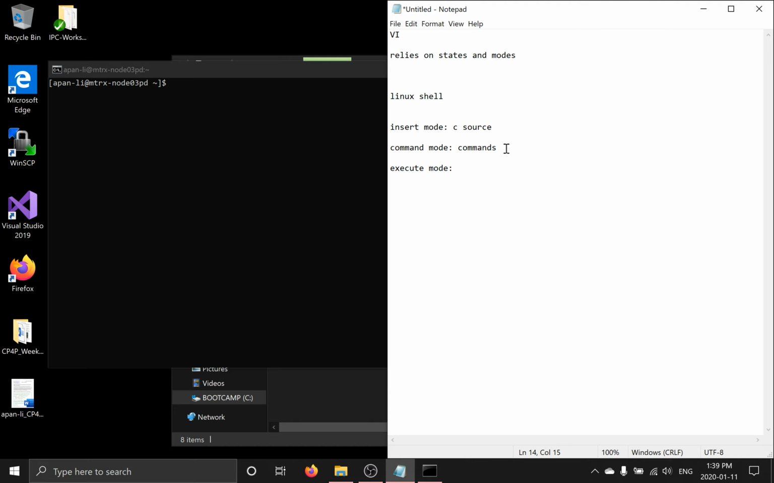You can type your C source inside insert mode. Okay, you need to be in insert mode. And then the execute mode, well, it's to execute, just execute. Okay, so you can't be